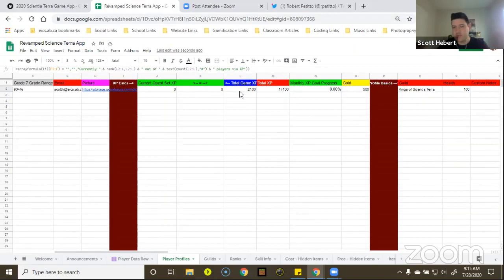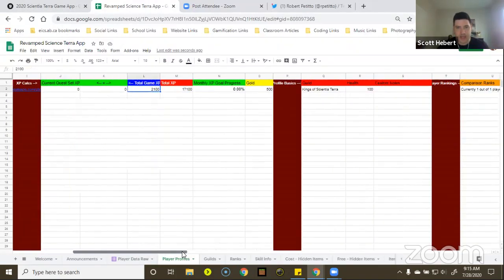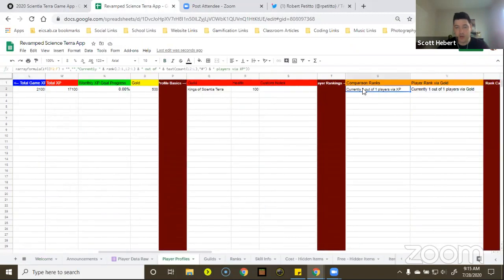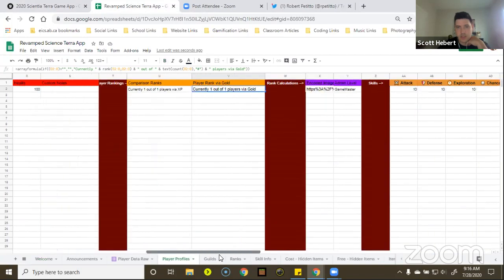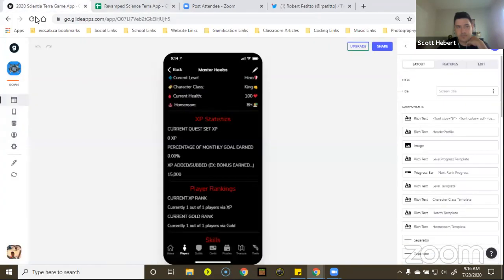So as I've explained in previous videos, if you get 100%, I can't have a kid take your XP and drop your grade. So I needed 2 columns to work independently of each other. So I had to create a form and then link it, because I needed the form data to do the calculation. Using that information to calculate where you rank. And then I have to do the same thing for gold. And because of that, I couldn't do the onboarding like Bob does built right into the app, because I need to actually have spreadsheet calculations in the Google Sheet itself. So it does that, which is pretty neat.